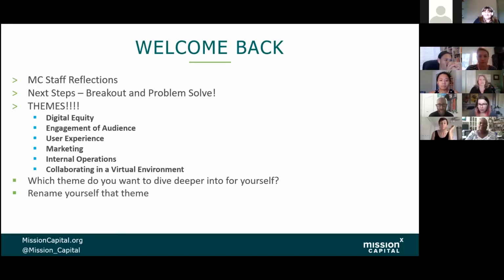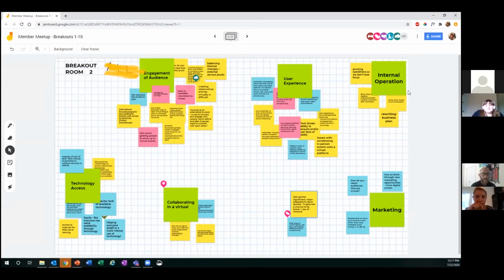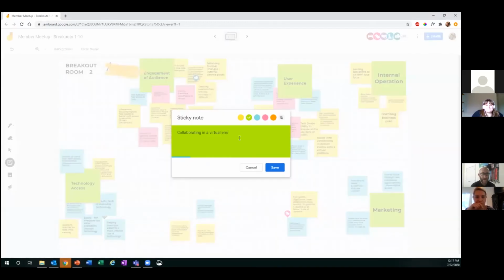You apparently had, in the breakout sessions, the Jamboards filled to the brim and very enlightening and interesting. We found a couple of themes during that discussion: a little bit around engagement of audience and user experience, internal operations, marketing, collaborating in a virtual environment, and technology access.